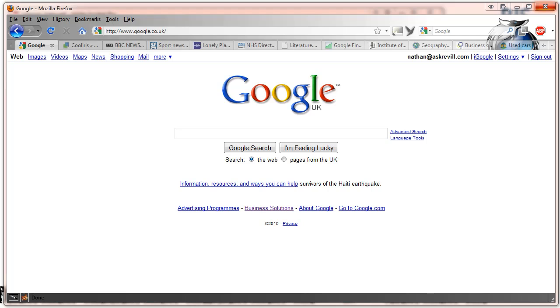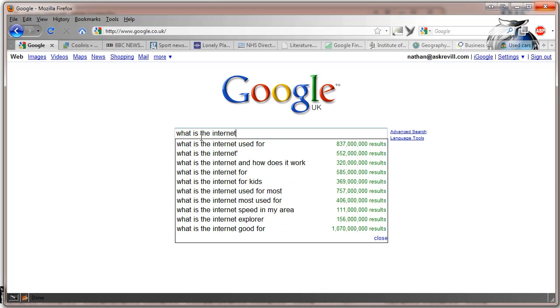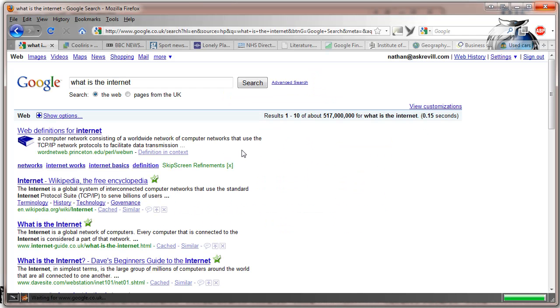Before I can show you the wonders that the Internet holds, we just need to find out what the Internet is. So I'm just going to ask the Internet, what is the Internet? See what comes up. Here we go straight away. The Internet is a computer network consisting of a worldwide network of computer networks that use a TCP/IP network protocol to facilitate data transmission. In short, what that means is there's lots and lots of computers all over the world